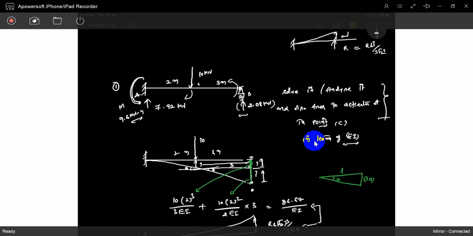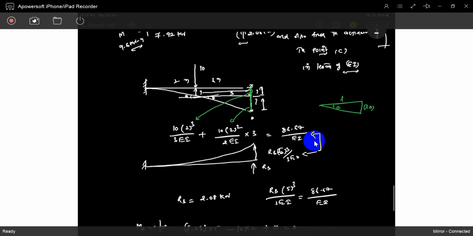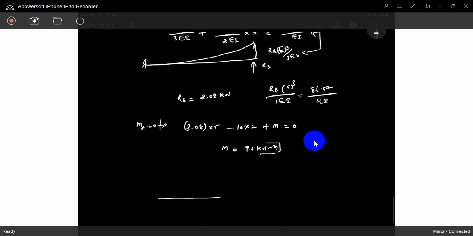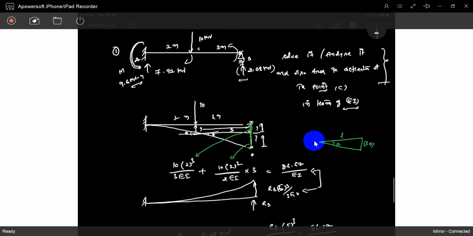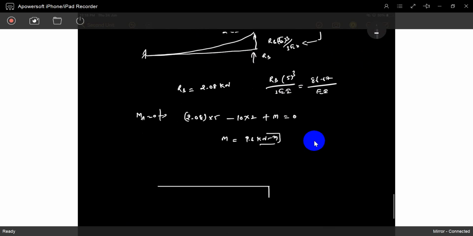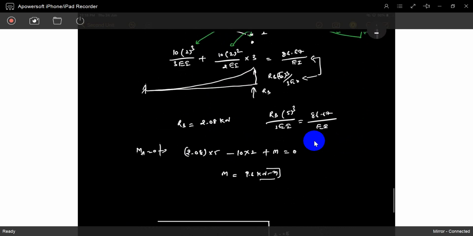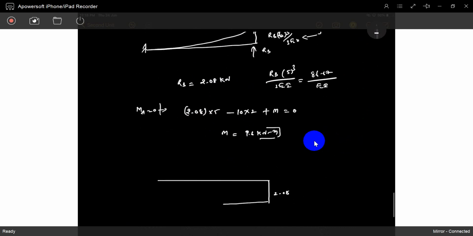It's over. Now you have to draw the shear force and bending moment diagrams. Can you draw? I will show you. The shear force is 2.08. Up to point C there is no change in shear force, but at the concentrated load of 10 it drops: this is 2.08 and this is 7.98. No need to mention positive or negative; that is your understanding.